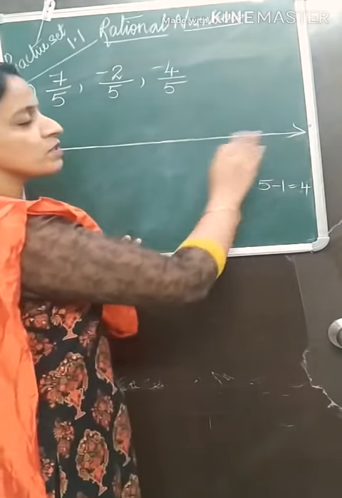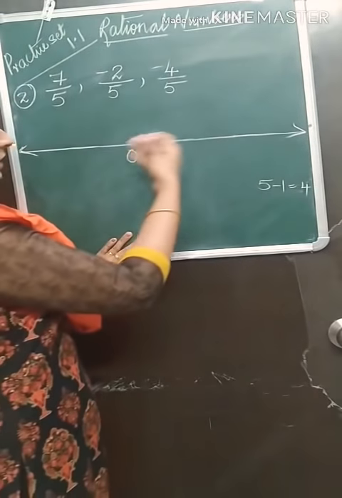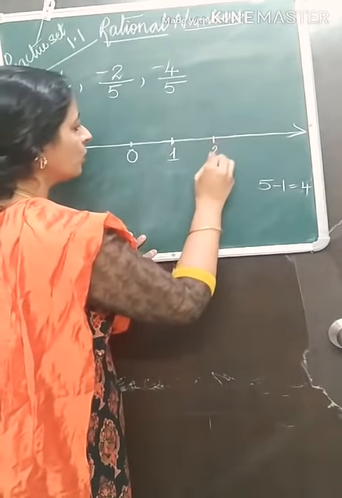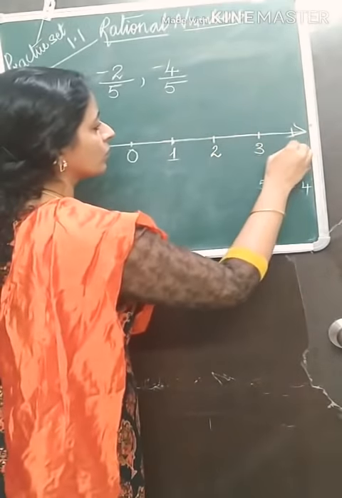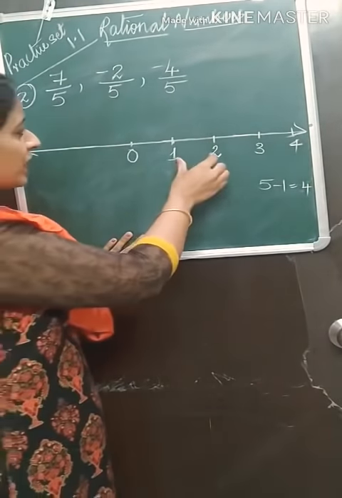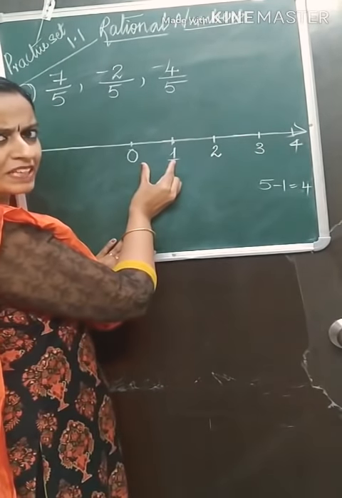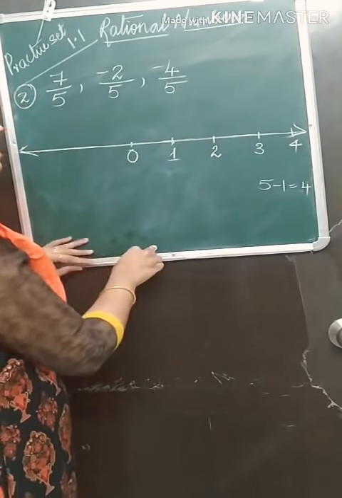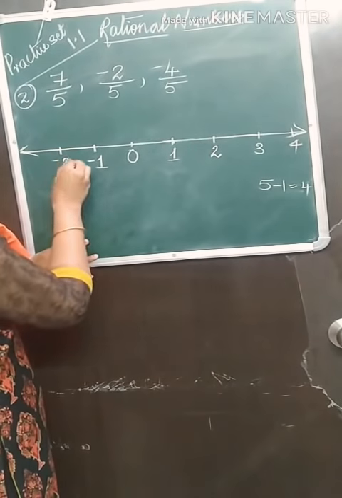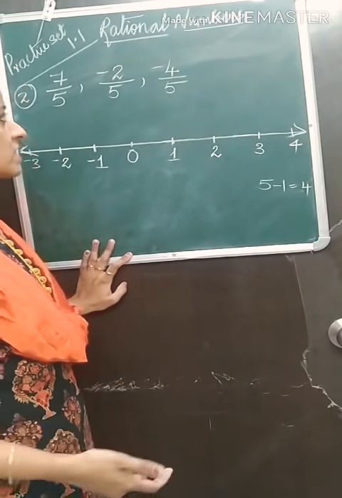Now let us put the numbers on the number line. Mark 0 somewhere here. Then skipping the distance same. 1, 2, 3, 4. Now this distance roughly you take. Roughly means it is looking same. You take the distance between 0 and 1 as 1 centimeter or 2 centimeter, that is up to you. Same way, onto the left side, minus 1, minus 2, minus 3. I can plot only till 3. Okay, till here.